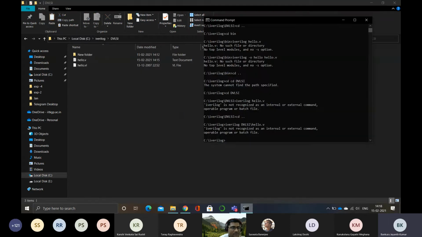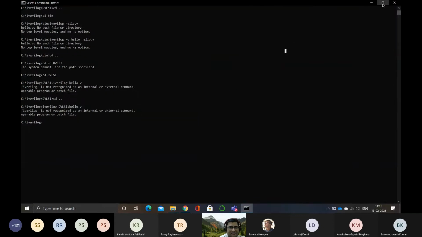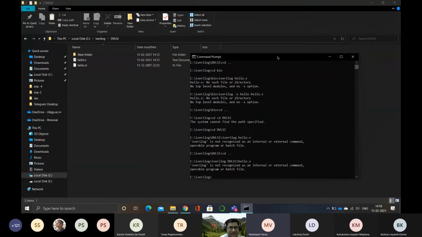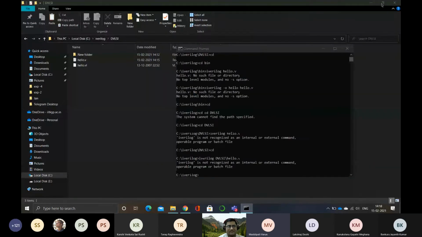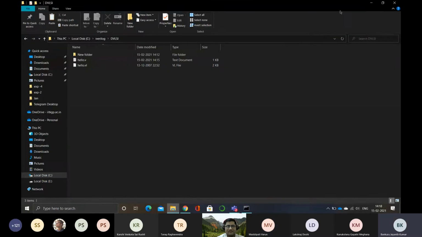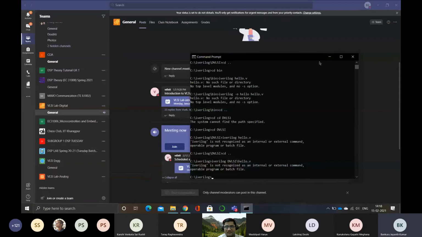Now you open both of them and copy the code from hello.v to hello.vl. Shall I first run this? But it is not recognizing iVerilog itself as a command. So that is another issue basically. He needs to restart for these path variables to be detected. Can you restart the computer? Then I have to quit this call. Okay, no problem. I will pause it then.